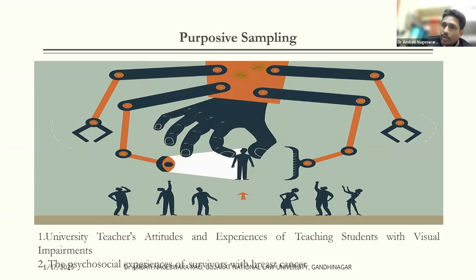Now, I just want to understand the experiences of teachers and what kind of attitudes they have about visually impaired students. I can only collect the data from the teachers who have some kind of experience. There are so many teachers who have it, but I can't collect data from everyone. For example, if Vijay ma'am is teaching, without knowing whether she has visually impaired students in her classroom, I can't get rich data, right?